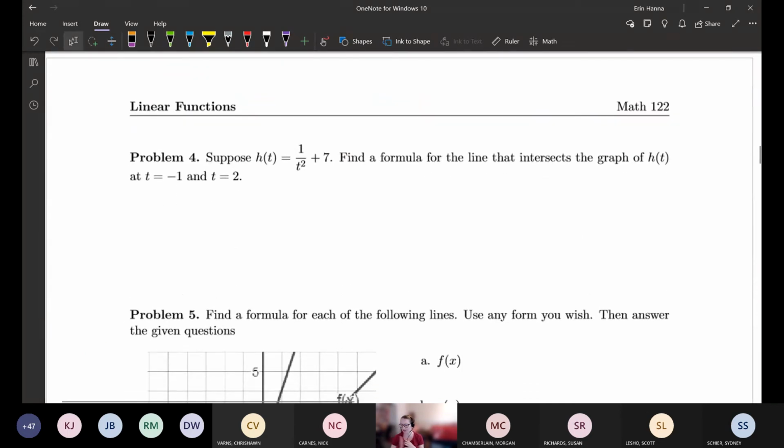Same kind of idea, we're going to find the equation of a line. So suppose we have the function 1 over t squared plus 7. Find a formula for the line that intersects the graph at -1 and 2. So we have this not linear graph, and we want to find a line that intersects this function at -1 and 2. So it's kind of similar to the last one where we need to do a little bit of work first because we don't have